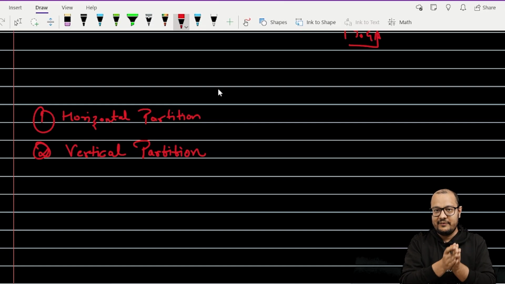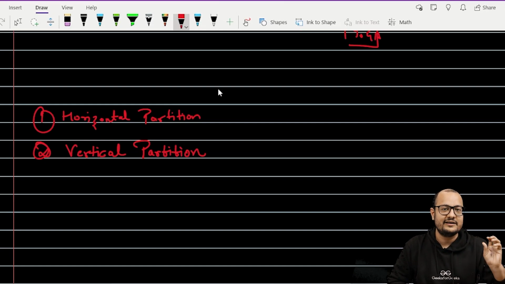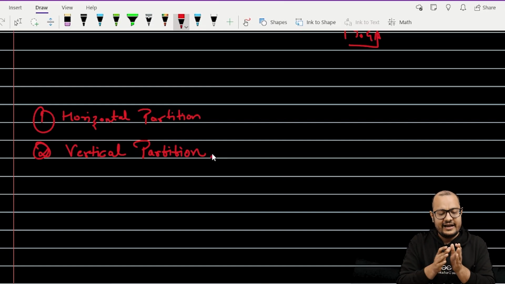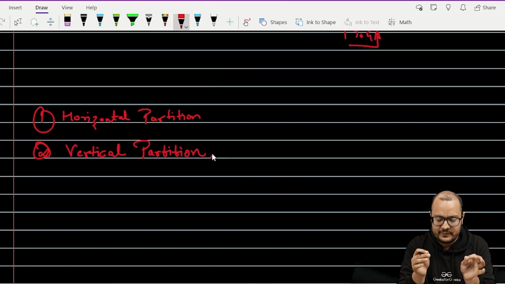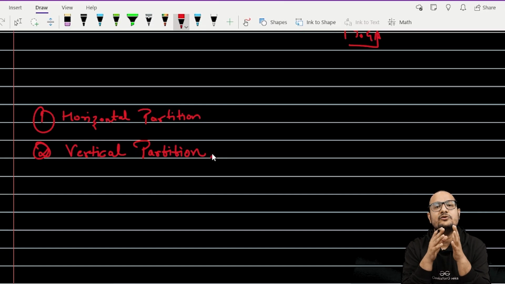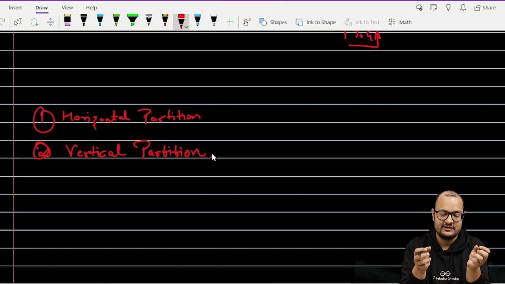And dividing the tables, keeping certain tables in different partitions and sending them to different shards, that is vertical partitioning. Which one to pick depends totally on load and the access pattern you have designed to access your databases. In general, horizontal partitioning is more commonly used. It's a more common practice.